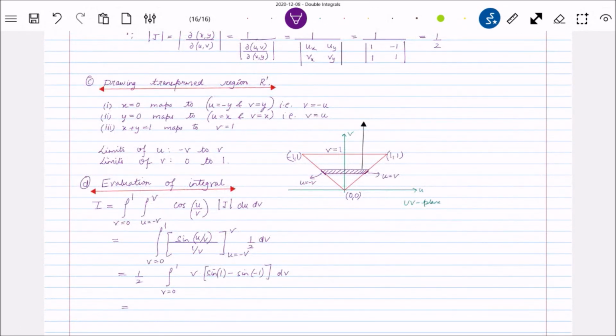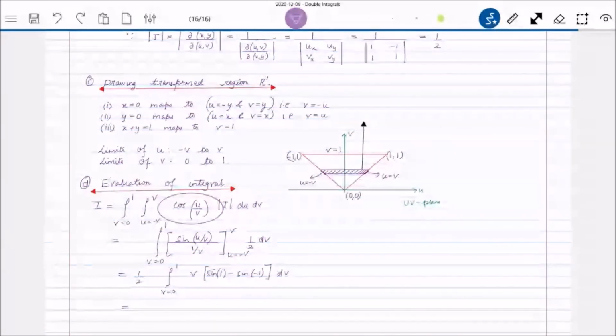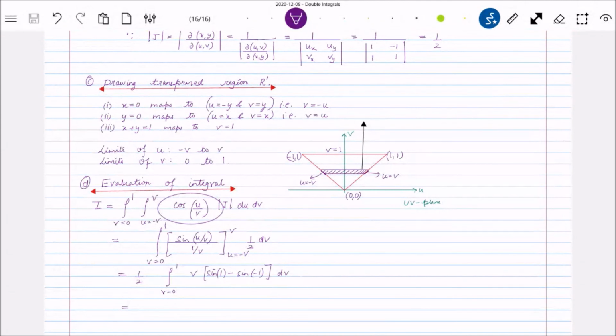सर, जो वहाँ पे cos u, minus v to v है सर, उसमें इंटीग्रेशन की प्रॉपर्टी भी लगा सकते थे ना सर? कहाँ पे कह रहे हो? कौन सी इंटीग्रेशन की प्रॉपर्टी? सर, 2 into 0 से v करें सर। अच्छा अच्छा, हाँ अगर ये इवन फंक्शन है, हाँ लगा सकते हो, क्यों नहीं लगा सकते? इवन फंक्शन है ना, तो हाँ लगा सकते हो, बिल्कुल।